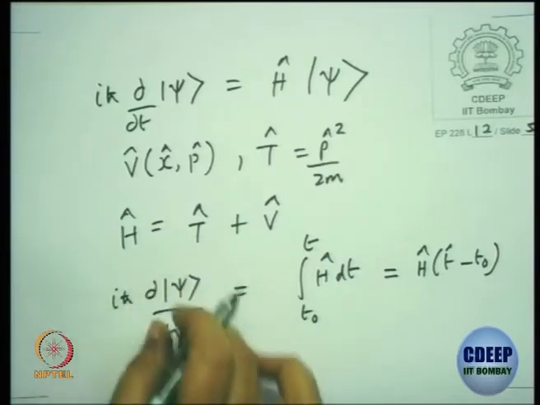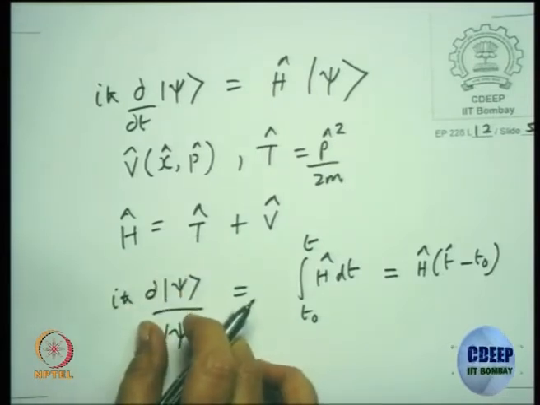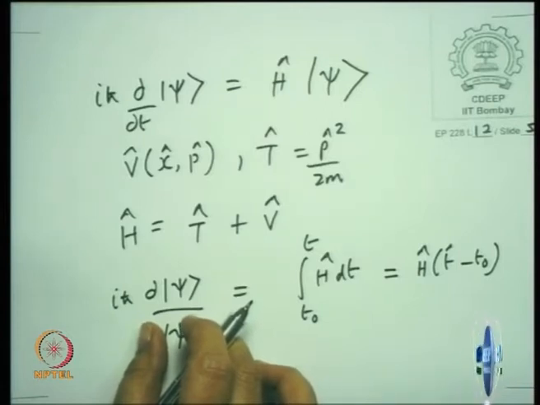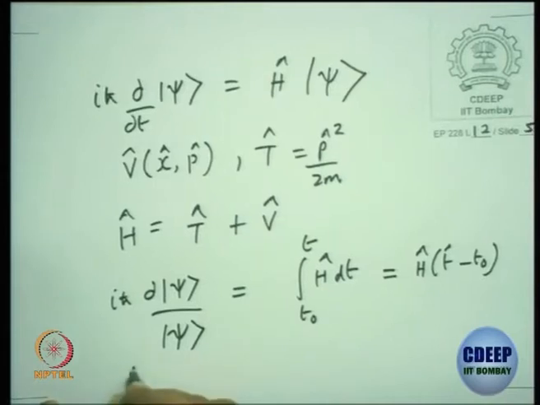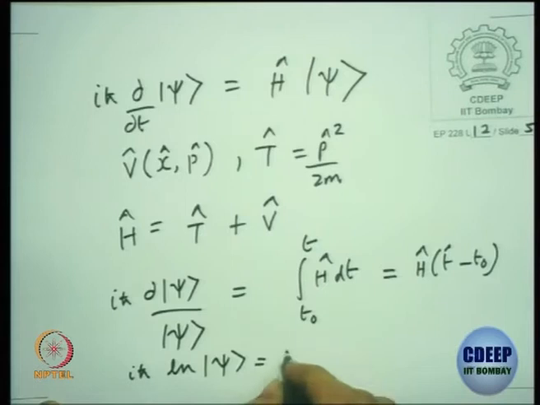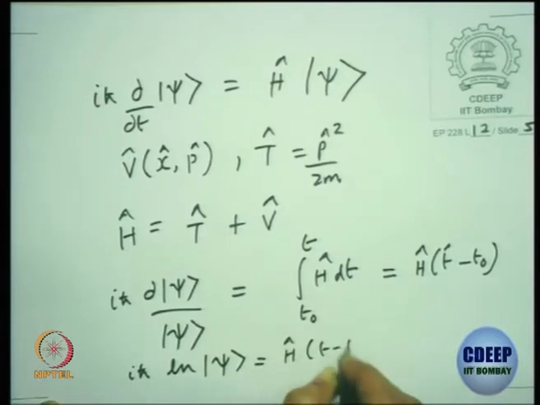What is this left hand side? Left hand side is log function of psi. So, i h cross log psi is H hat (t minus t naught),